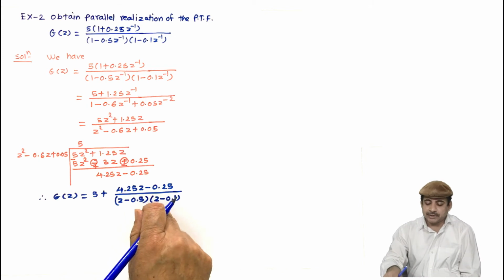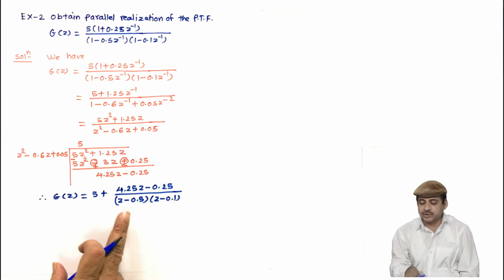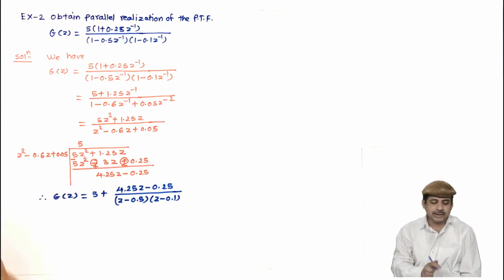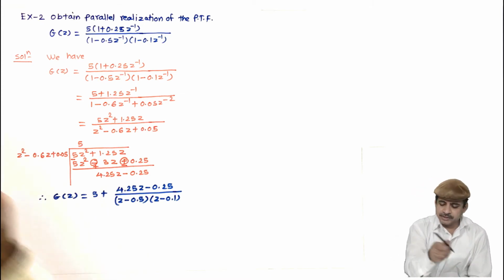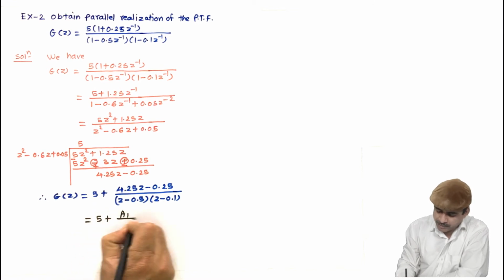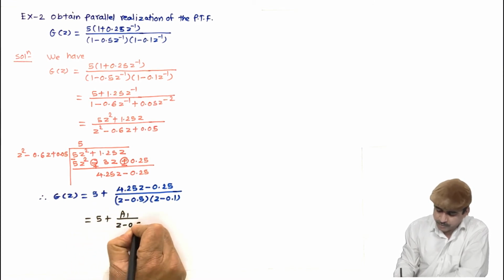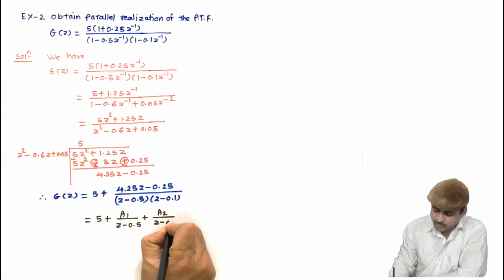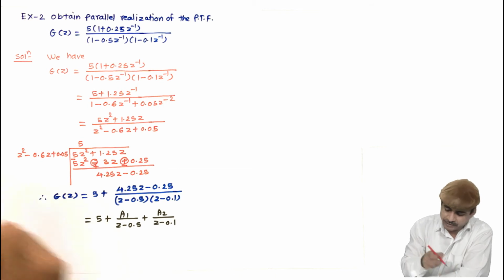So now I have to take partial fractions. For this I can take the partial fractions because the power of z in the denominator is 2 and the power of z in the numerator is 1. So this is equal to 5 plus a1 upon z minus 0.5 plus a2 upon z minus 0.1,